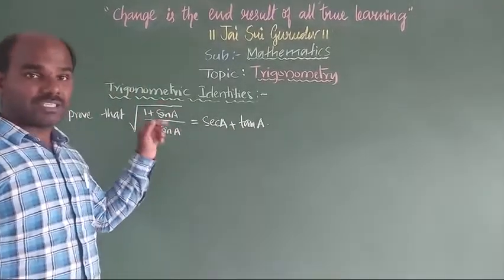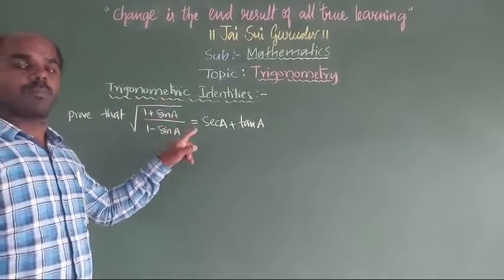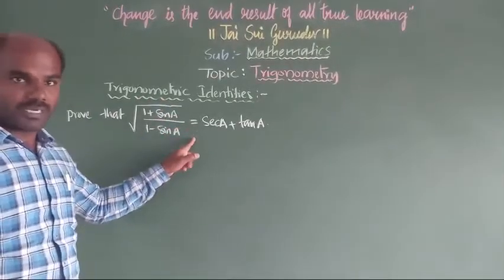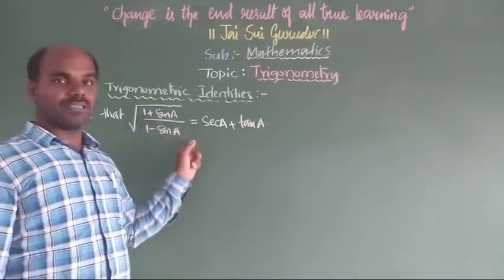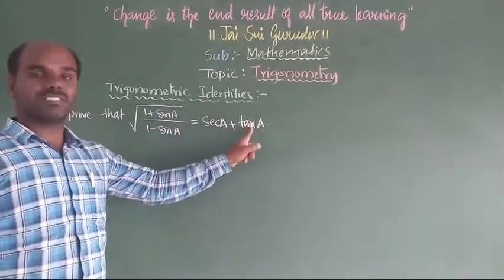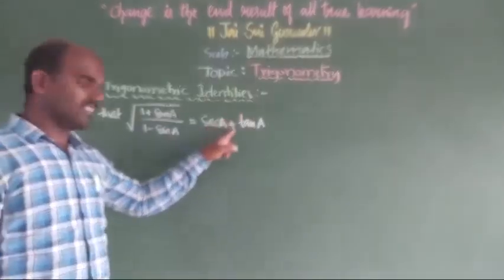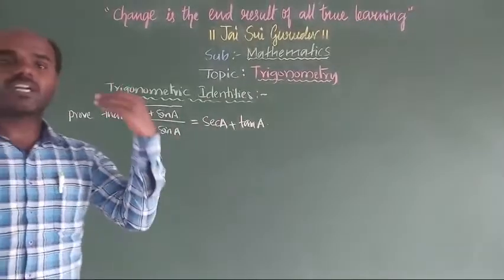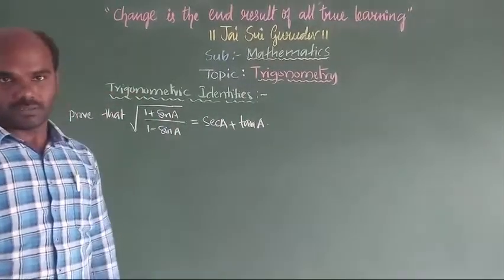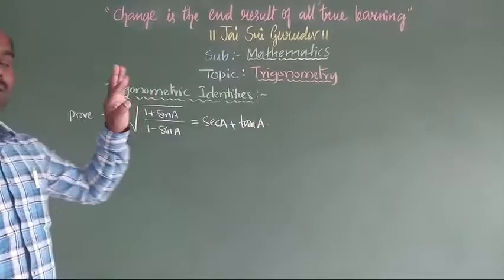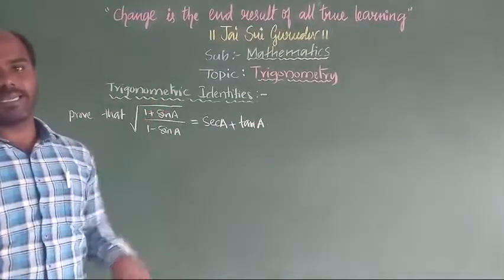If you have the ratio as a denominator, meaning it is a plus, you have to multiply. Yes or no, children? If it is a plus, it will become a minus here, and a plus again. Okay, if it is a minus, then you have to rationalize the numerator. So totally there are four types of these questions.